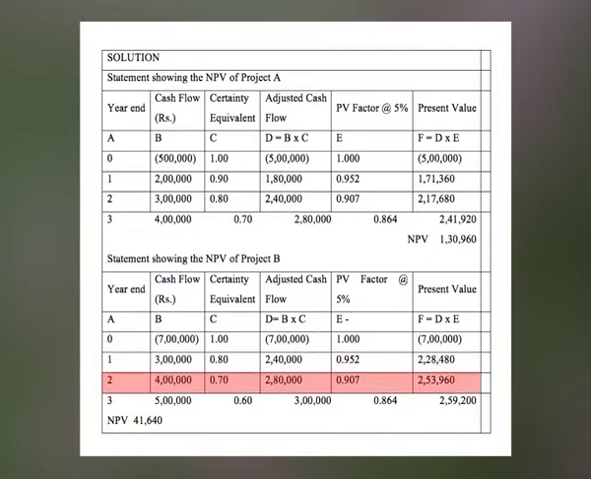2,28,480. Now, in the second year, we have a cash flow of 4 lakhs, the certainty equivalent is 0.70, the adjusted cash flow is 2,80,000, the PV factor at 5% is 0.907 and the present value is 2,53,960. For the third year, the cash flow is 5 lakhs, the certainty equivalent is 0.60, the adjusted cash flow is 3 lakhs, the PV factor at 5% is 0.864 and the present value is 2,59,200. The summation of this gives us the net present value, which is equal to